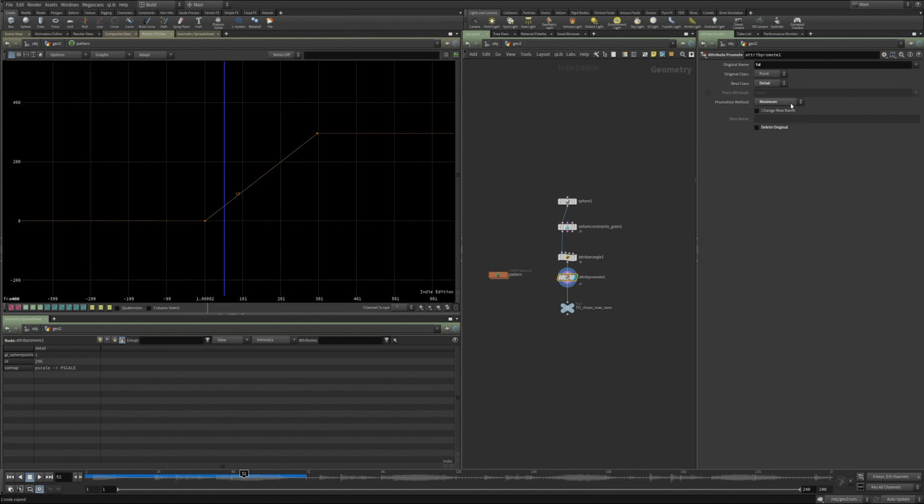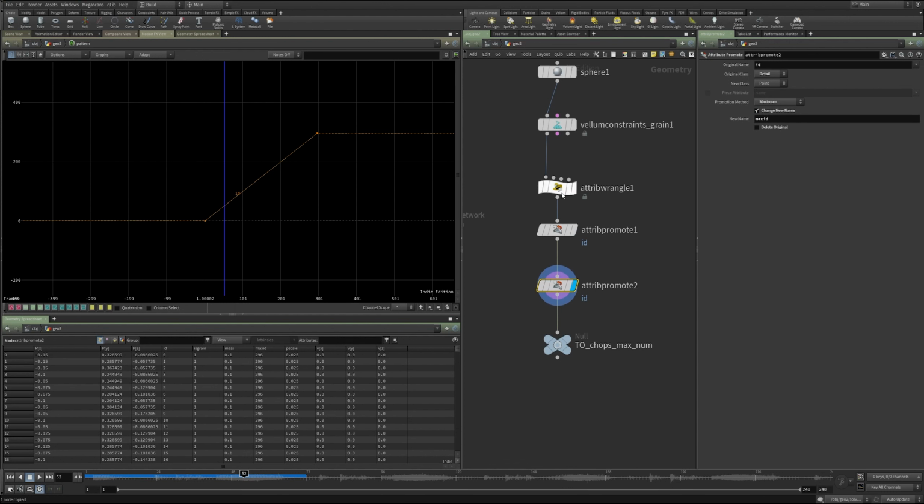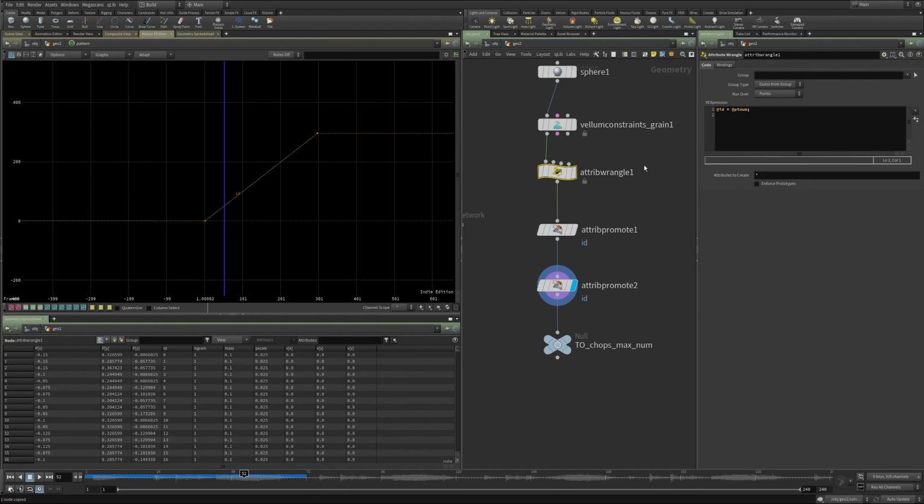Let me leave this at detail. Okay, and then I'm going to do another attribute promote, and I'm going to say ID from detail to point, maximum, and I'm going to call that max ID. So just to recap, because it's probably confusing as I'm muddling my way through it, I created an ID attribute from my point numbers.